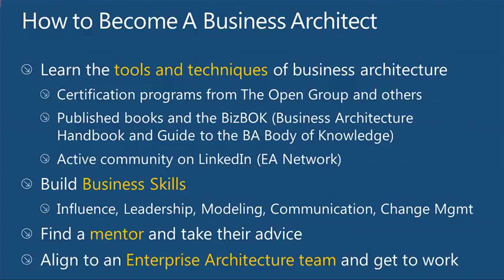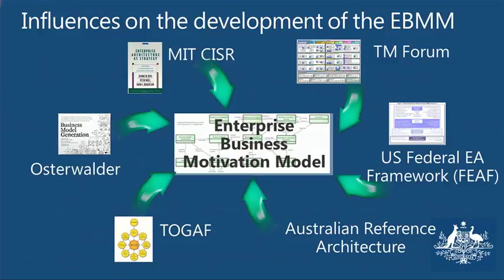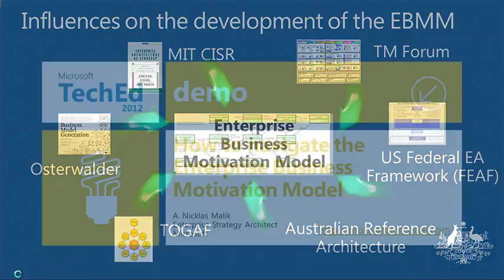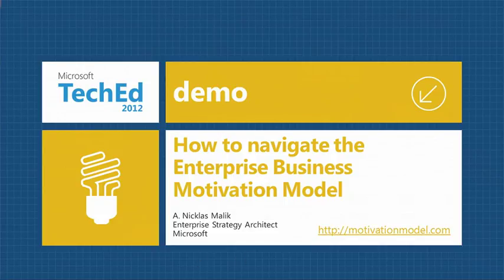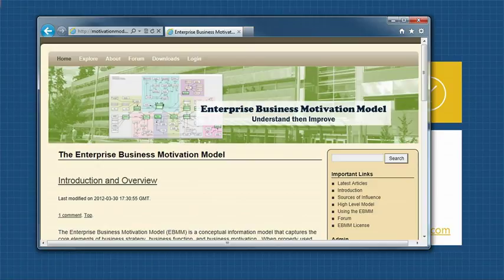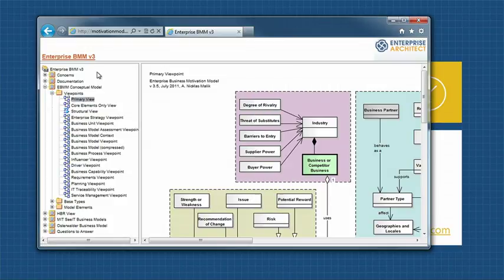Look at that. So the enterprise business motivation model, we really don't have time to do much of a demo of it, so I'll bring it up and point out one or two things about it, but I'm not going to spend a bunch of time demoing it. The various different influencers that went into building the motivation model are there. So I've already brought it up, so I don't have to click the link. If you were to click on that link, it would take you to a very simple website. You go to Explore, visit the model, and you've got the enterprise business motivation model.